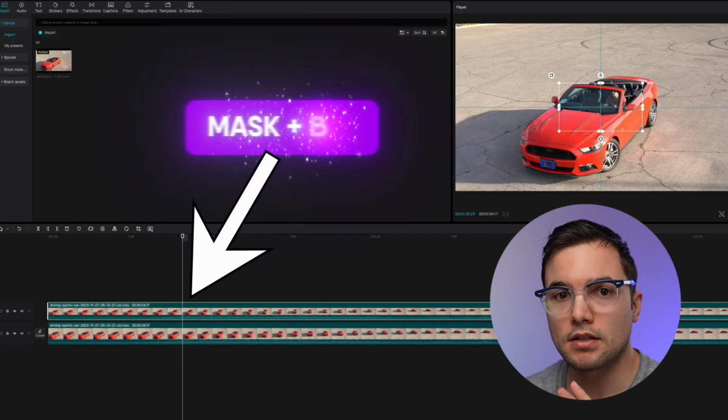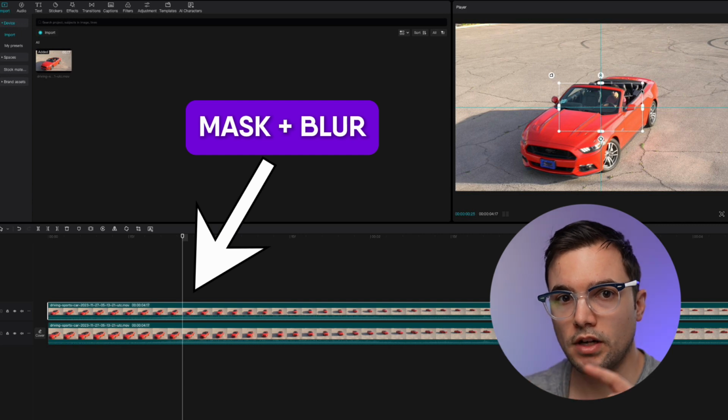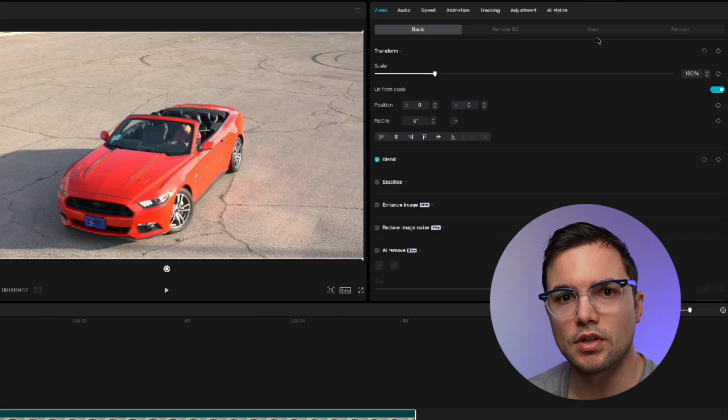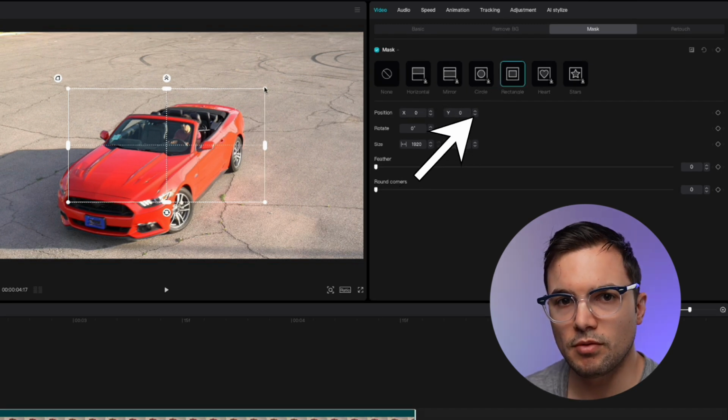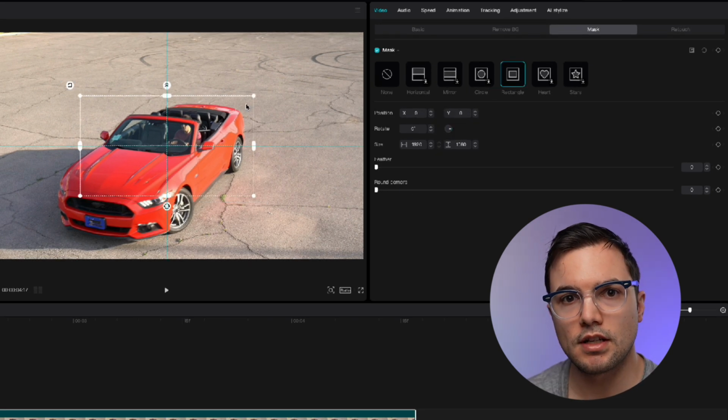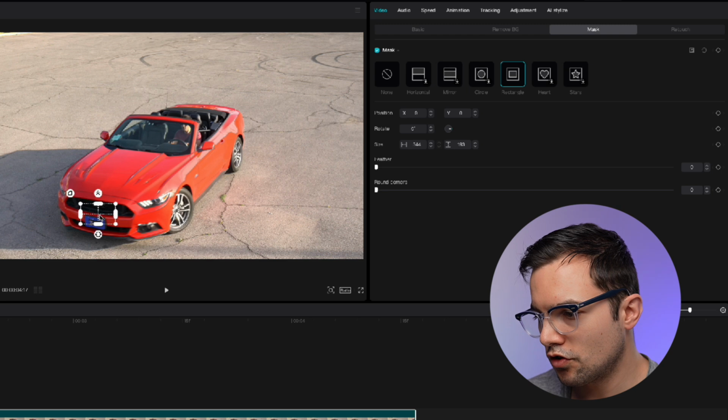Now that we have the two clips, the idea is to add a mask around the upper layer clip, and we're going to blur this mask. To do that, we go under mask and then select the rectangle shape, or whatever shape that you need to blur. And what I do after that is I resize the mask and I put it just around the